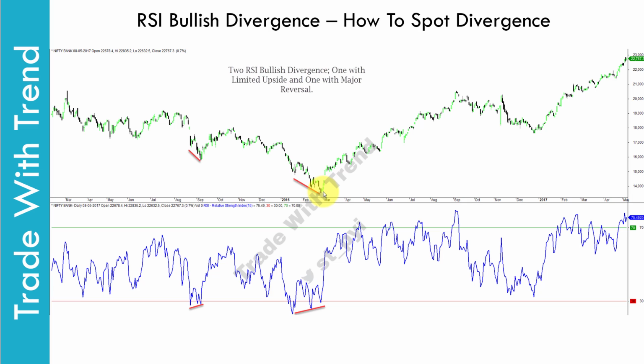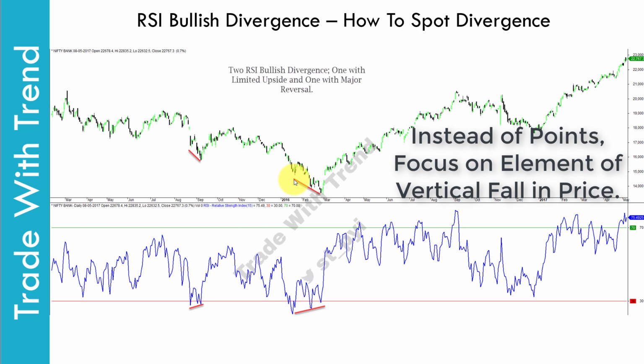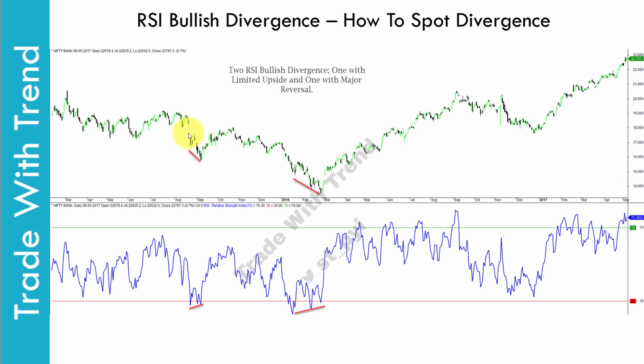than the extent of down move that you see before the second signal. So this is the number one reason that you need to consider while picking out high probability divergence trades: you need to look at the prior move that has happened. This move is from 19,000 to about 17,000, whereas this divergence has formed after price declined from 18,000 to 14,000. So naturally this down move is more relevant than that particular down move. This is what determines the importance of a divergence signal.